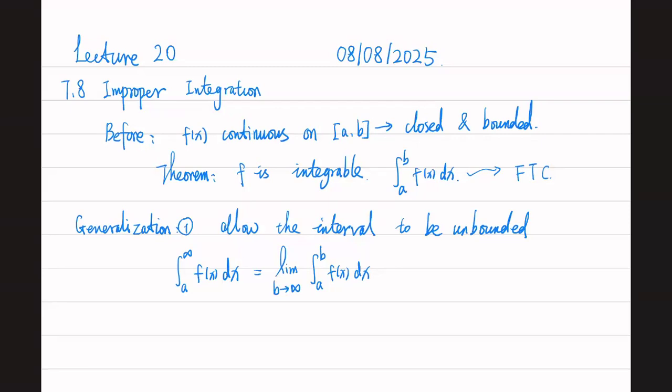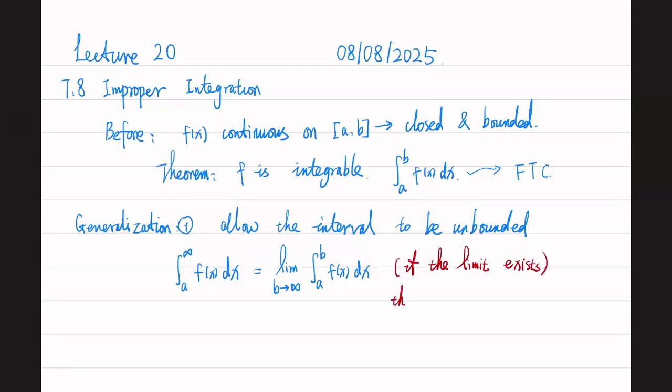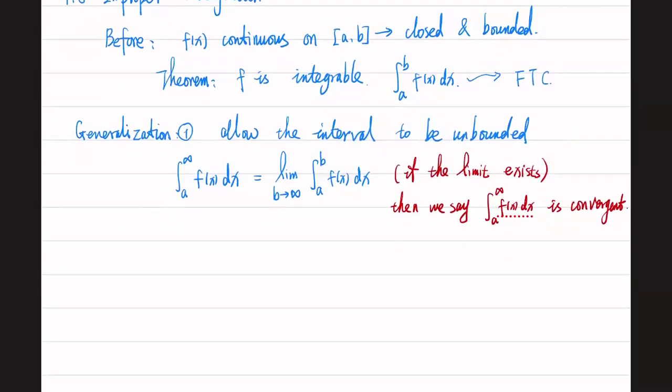If this limit exists, in this case, we say this integral is convergent. Okay. An example we had last time is